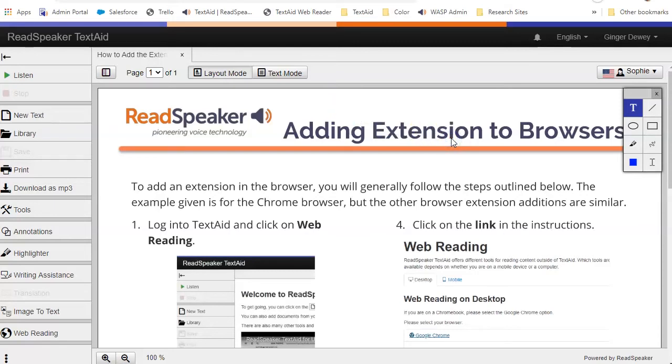You can draw a line on your document by clicking on the line tool in the toolpad. Click the starting point for the line on your document, and drag to the ending point of your line. You can reposition the line by clicking on the square on either end of the line, and dragging it to a new location. You can delete the line by clicking on the trash can.